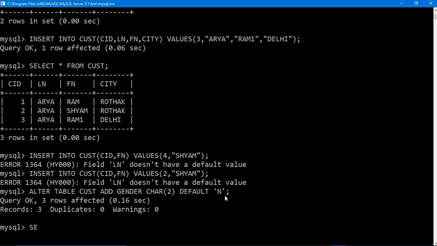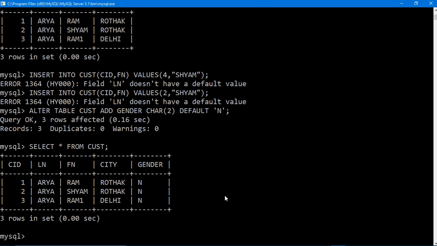So select star from customer. Fine, you can see, oh, by default n is written, so by mistake it has been done, it should be m.